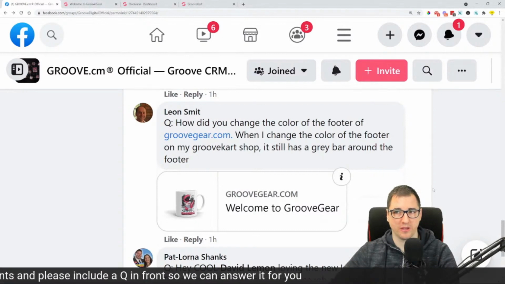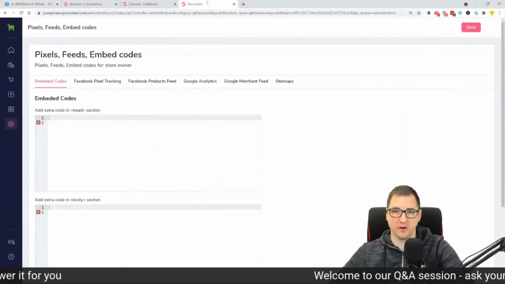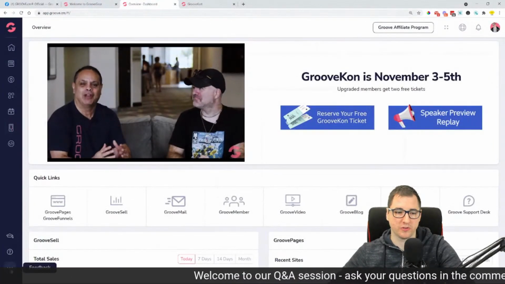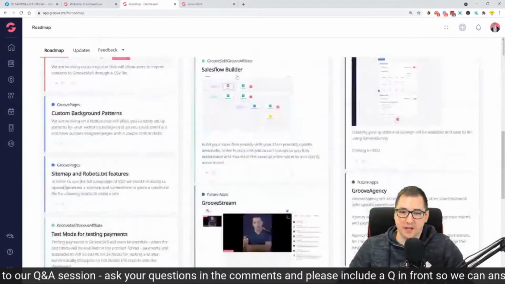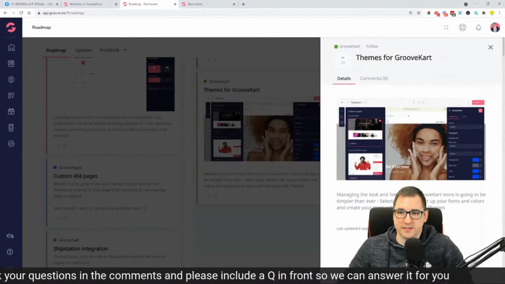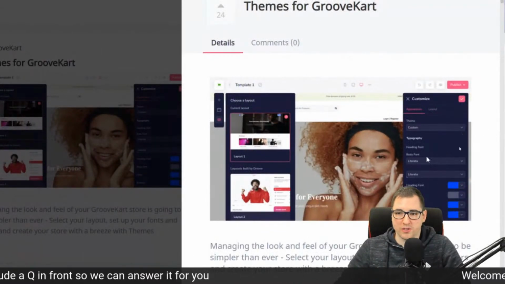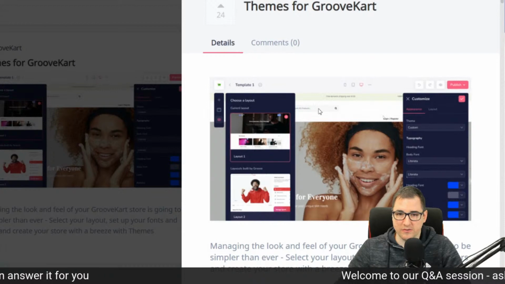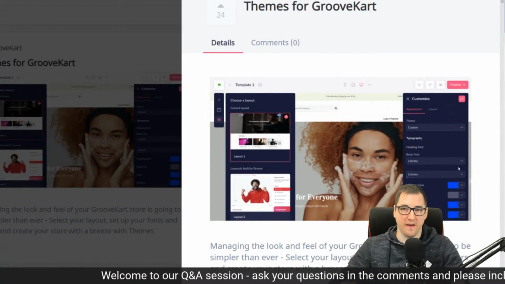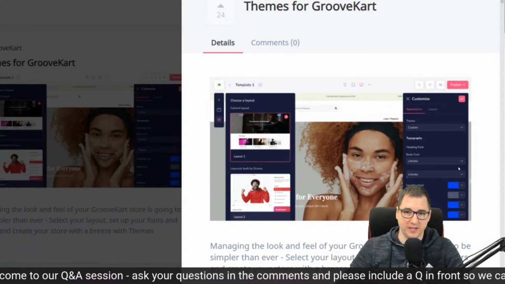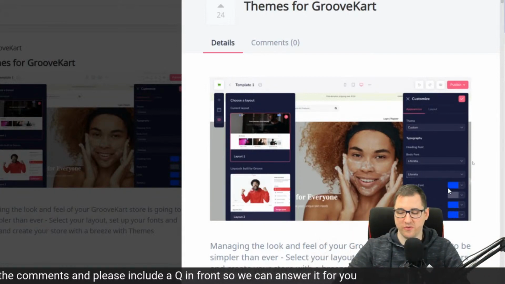Within the update, I believe, that is coming with the themes. So if you have a look here in our roadmap, let me just open it very quickly. In our roadmap, we have something that I posted about, and that's GrooveKart themes. So this is a quick image. Not sure if I can zoom in. It's going to allow you to customize different fonts, and you'll be able to choose the theme. You'll be able to choose the different colors and fonts and everything directly with this theme customization option,